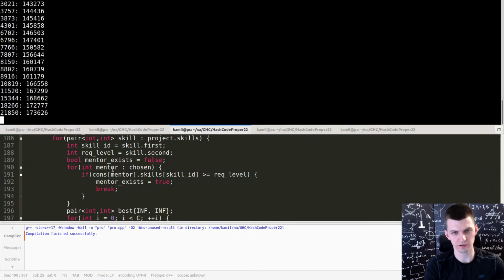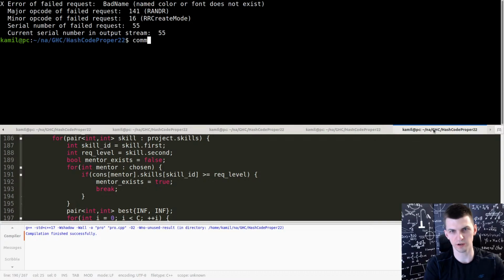Anyone knows the command? Well, I don't think it will use for bash, but command time minus this, that, and here write whatever you want to run.